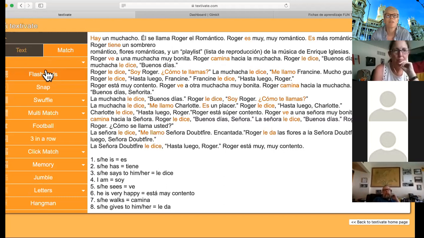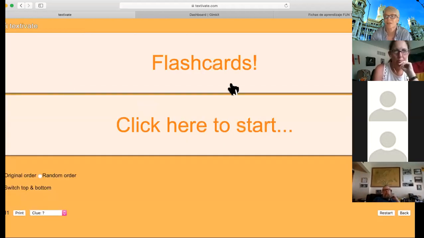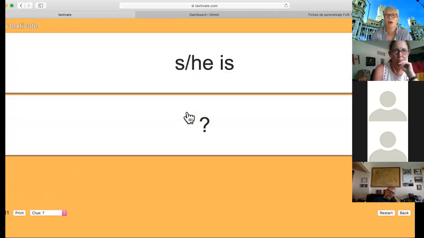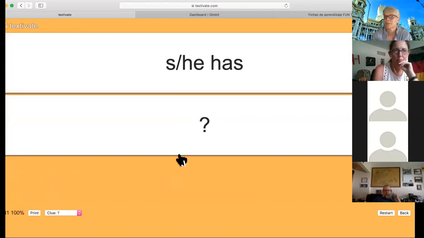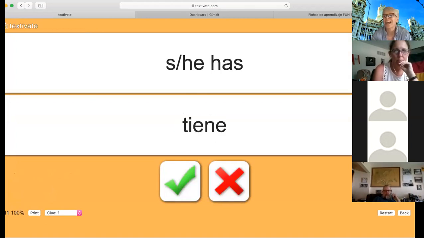You can do flashcards with the text, and she is S. And it's just a matter of practicing, you know. And with any activity,